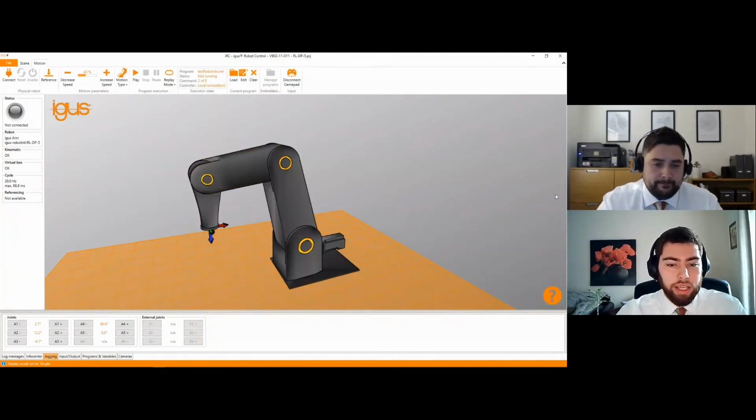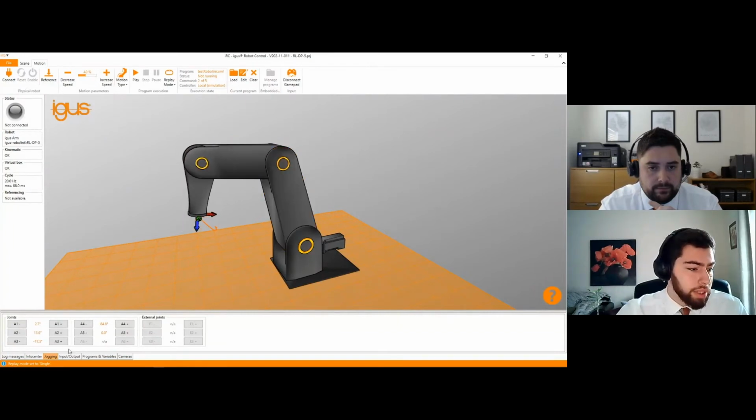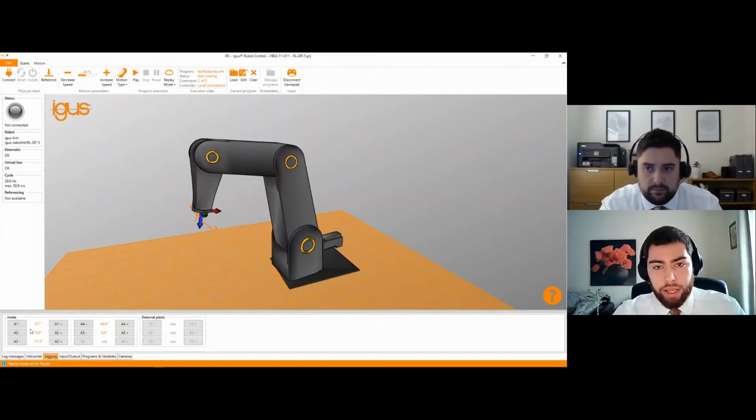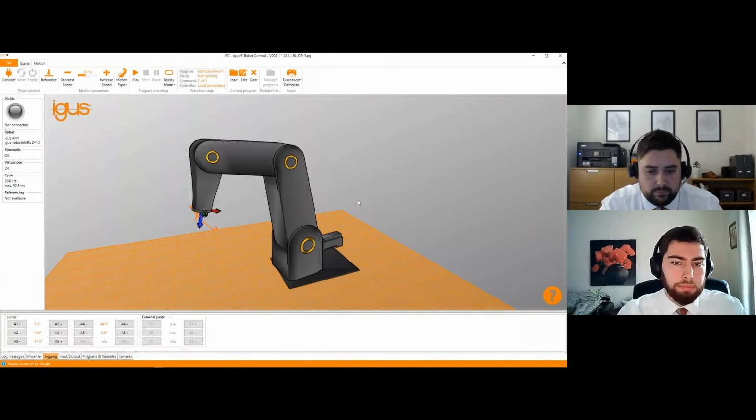Initially, as I said, all of the kinematics are preloaded in the program, and we can move the robot by using the digital twin or by using the jogging menu on the bottom. And if we actually have the Igus Robot Control hardware, we can also use the joystick. Most of the robots already have a preloaded sample program. This is to help you understand the kinematics and the motion that the robot can accomplish, and you can also build on this program and modify it to fit your specific application.